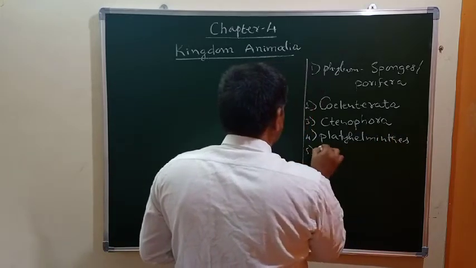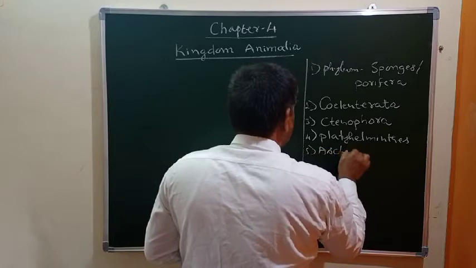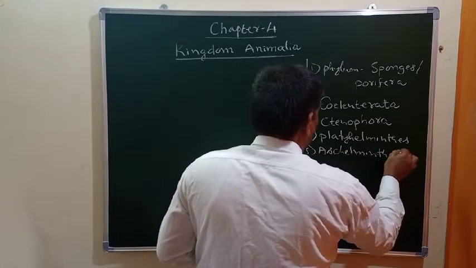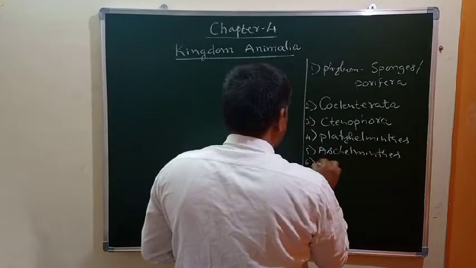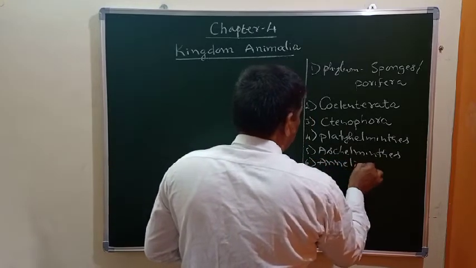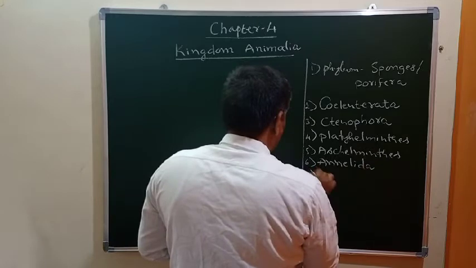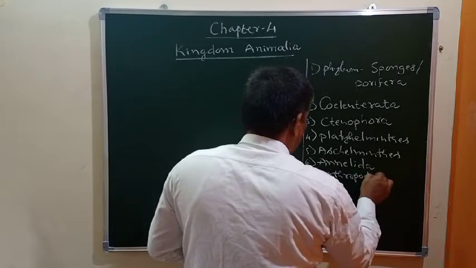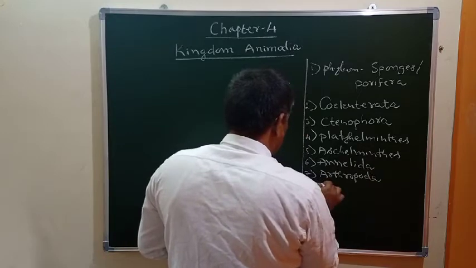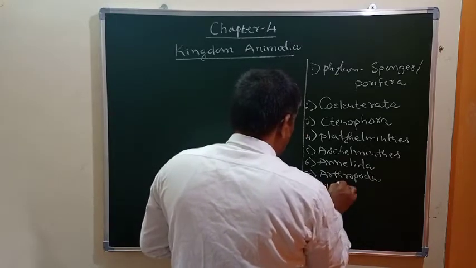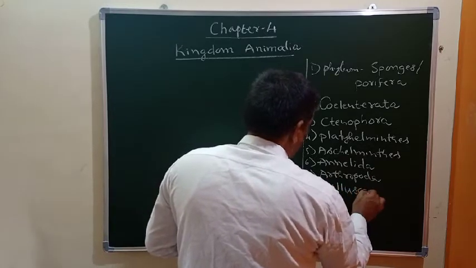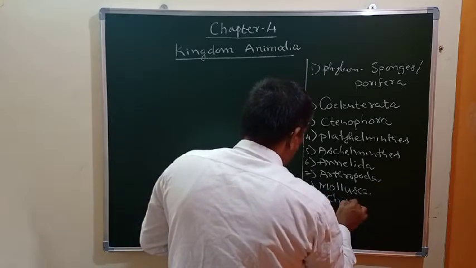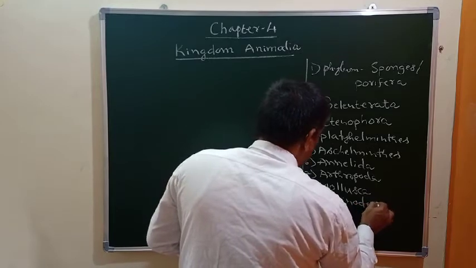Next phylum is called phylum Aschelminths, and another one is called phylum Annelida, and phylum Arthropoda, and the next one is phylum Mollusca, phylum Echinodermata,